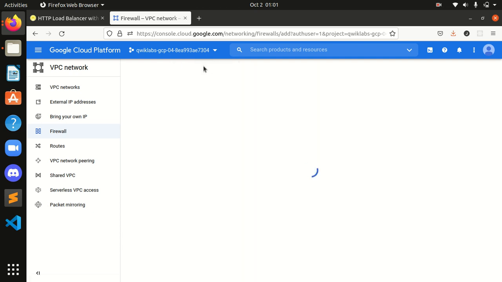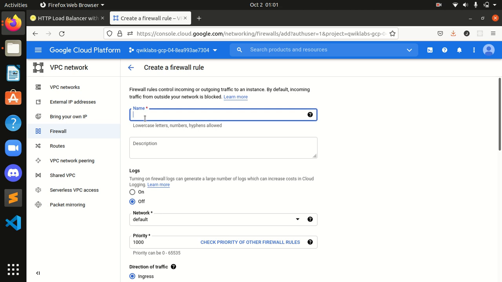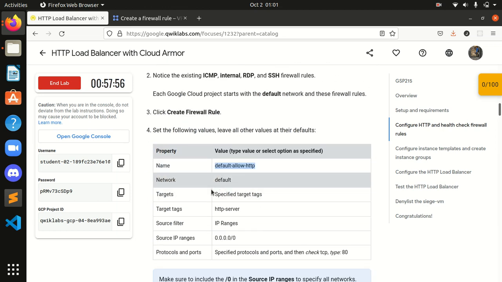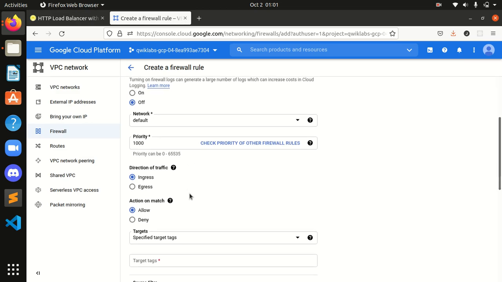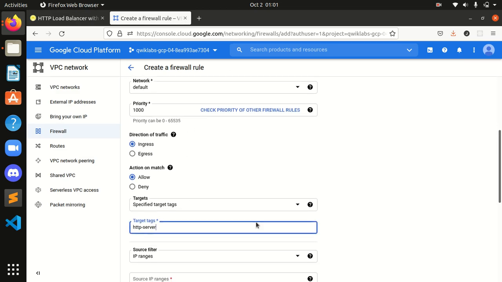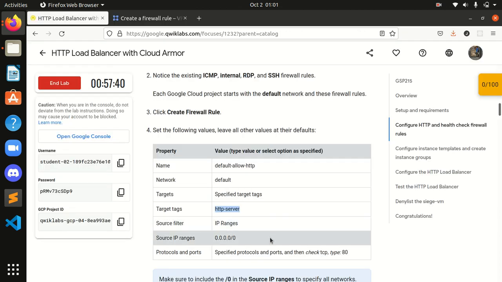So I will click on create firewall rule, and I will name this as given over there, default-allow-http, network set to default, targets specified target tags. I will copy this target tag, and I will copy these source IP ranges.